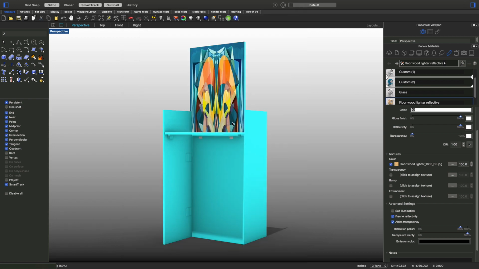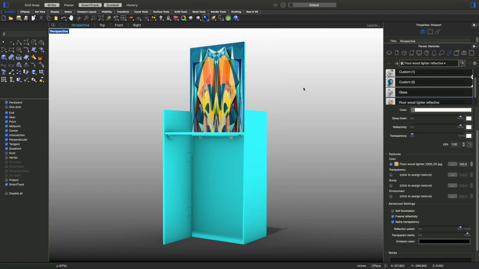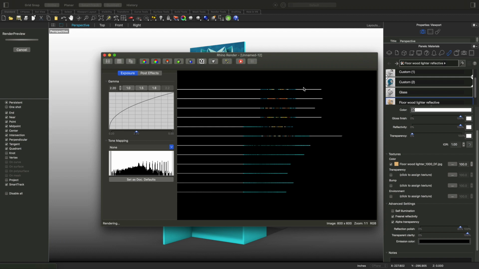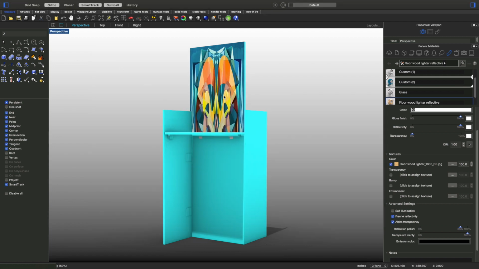Okay, close that. And then I'm going to go into Render Preview. So I clicked and held, and now I'm in Render Preview. So this should give me a low resolution version of what my render will look like. Okay, so I can see how the lighting is falling and all that kind of stuff, and it looks okay. I might actually want to put a spotlight on it. So let's do spot